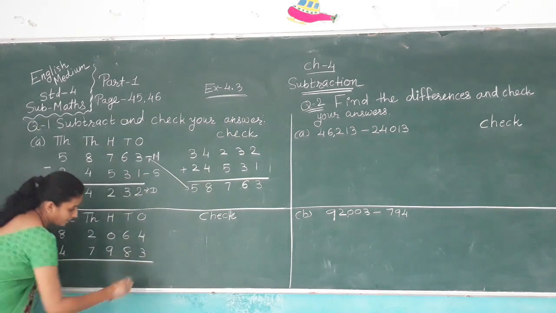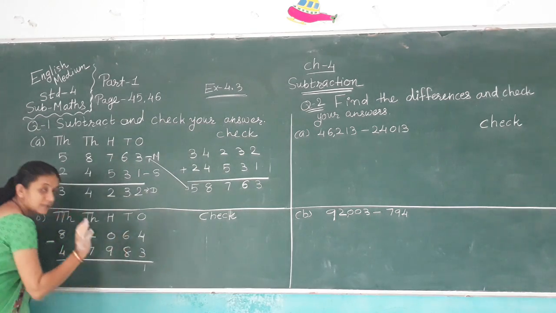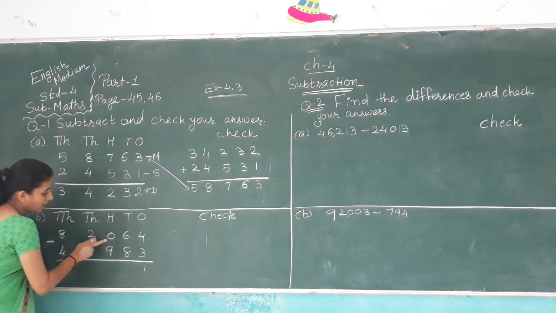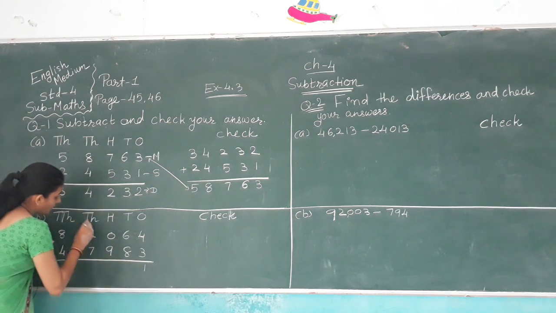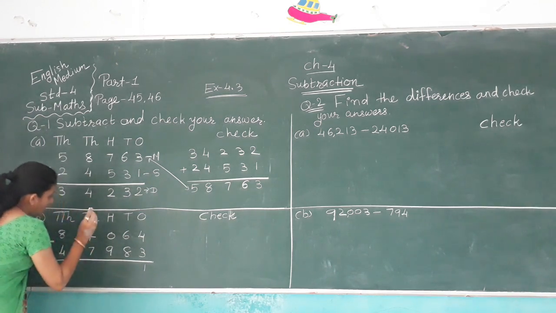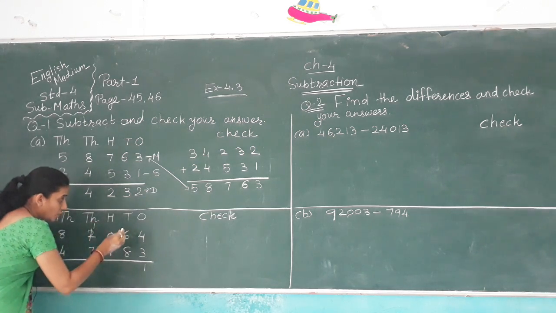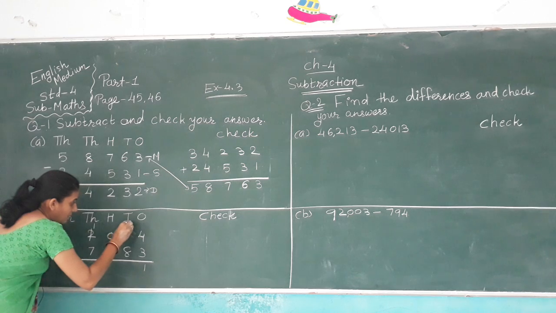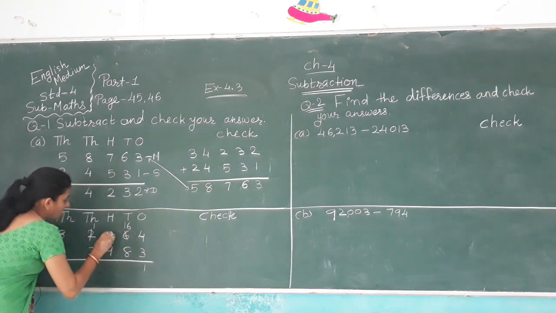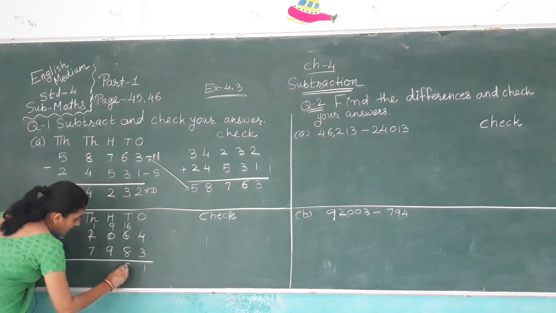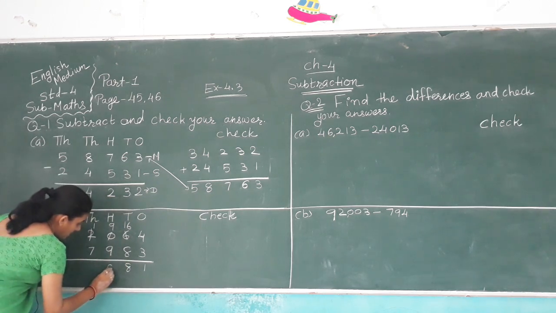4 minus 3, 1. 6 minus 8, it is not possible. Take it borrow from 100 place. But here 0. So take it borrow from 10,000 place, thousands place. So here cut 2, right here 1. Who wants first? Tens wants first. So give to 10 first. 10 plus 6, 16. Then here 9. 16 minus 8, 8. 9 minus 9, 0.